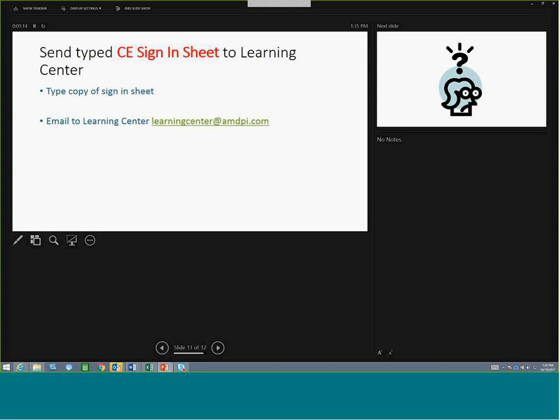We will take that typed sign sheet, close the roster, validate everybody, mark everybody who attended as attended, add anyone who didn't pre-register, and close the roster. That will then generate a certificate and a completed roster of everybody that attended. Let me show you what that looks like. Once we close the roster, attendees will then be able to print a certificate out of the Learning Center. Let me show you what the certificate looks like here.